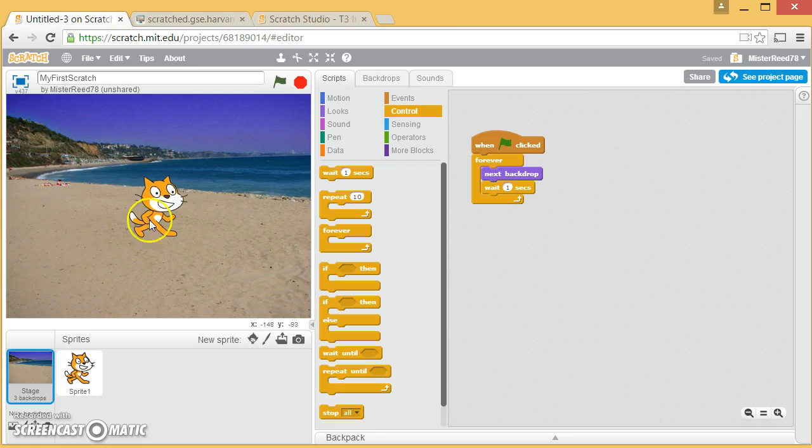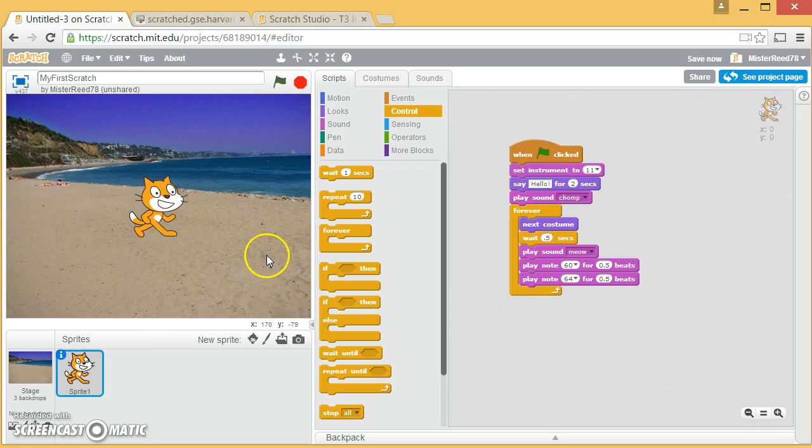You don't have to have him have his own brain. I'm going to delete all that code. Sorry, we worked really hard on it. But go up here and hit the scissors. Take those scissors down here and click on that. Now it's all gone. Because I want to show you that you could also boss the background around in the sprite. So if you want to click on the sprite,